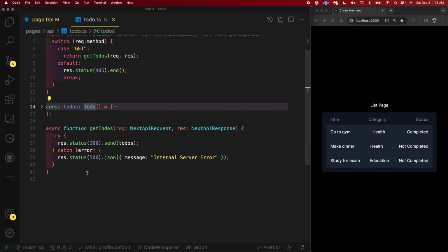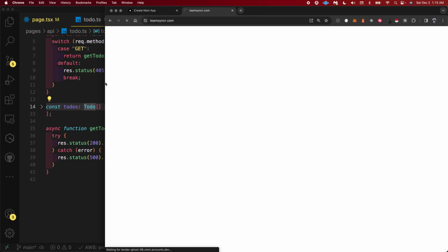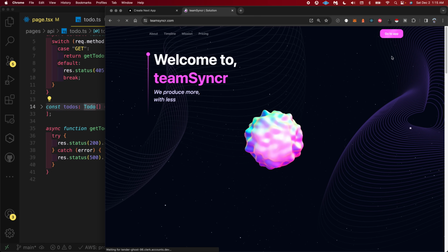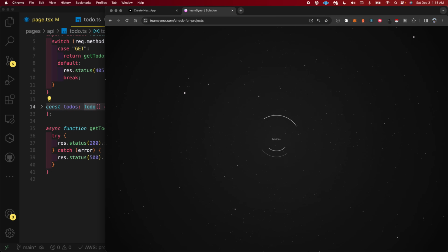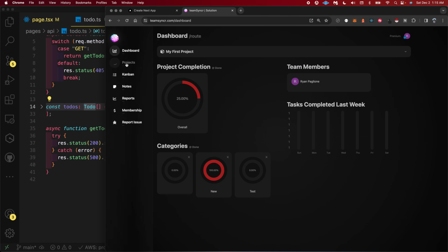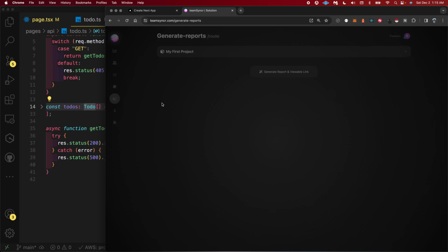Even with a real life production build on TeamSyncer, I'm using this method that I just taught you guys so many times. And this has real users. I know you guys saw a lot of test emails, but I promise there's like 64 real users, somewhere around there, 65, something like that. A few of the emails are mine. They're test emails, but a lot of this project is built using the exact method I'm talking about, with a ton of APIs pinging off of each other, fetching tasks, fetching columns, fetching projects, fetching notes, fetching reports, fetching memberships,